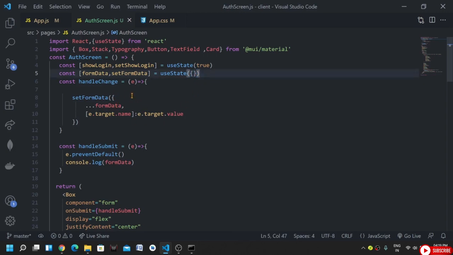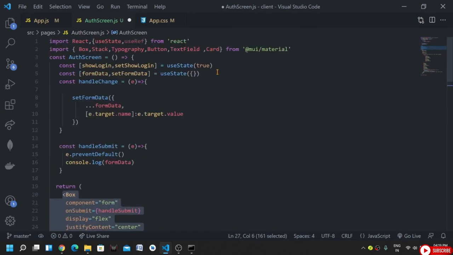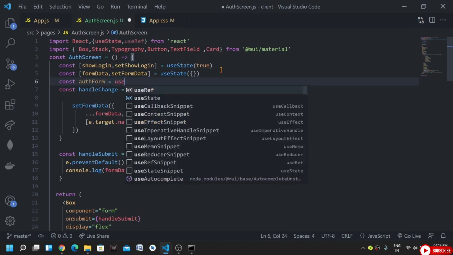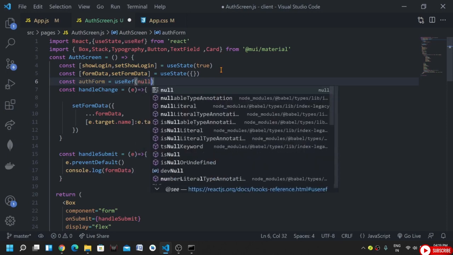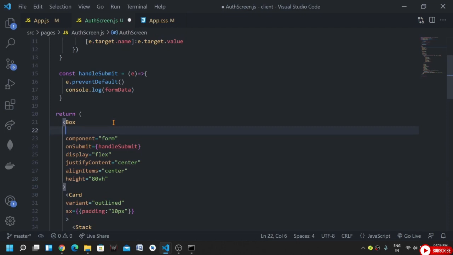Or another workaround would be to import useRef, and we will store the reference of this form. So let me initialize this: const authForm ref, and this will be equal to useRef. Initially it will be null. It will not hold any reference,